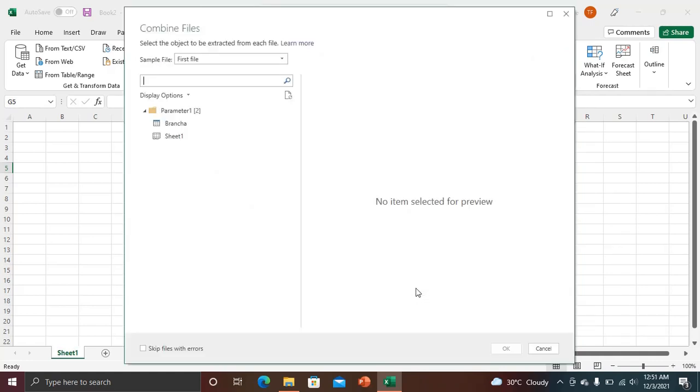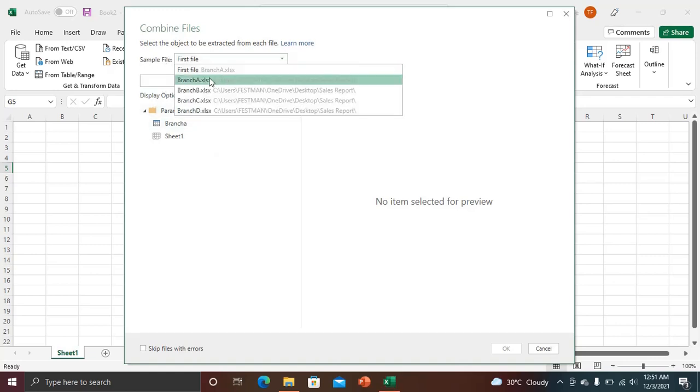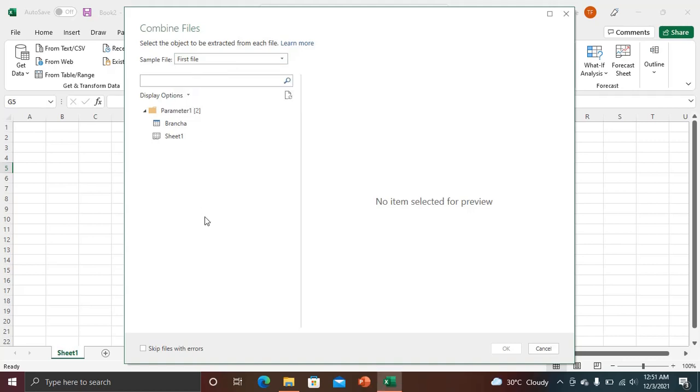And now within this navigator window, I have to select the files that I want to combine from each of the workbooks. So here it gives you a sample file. When you click on the drop down, you can see that all the files are here. All the workbooks are here. So what I need to do is to just select the sheet within each of the files that I want